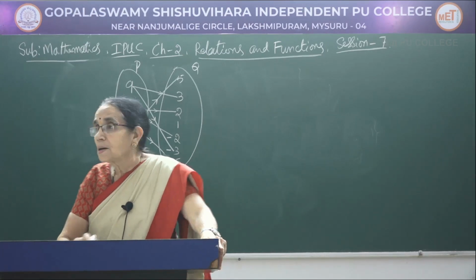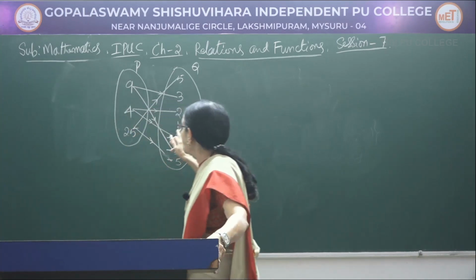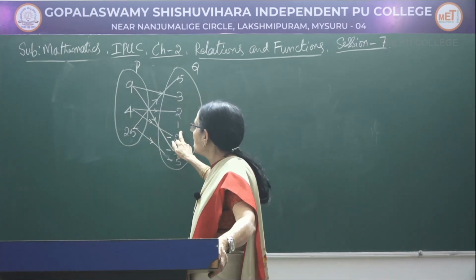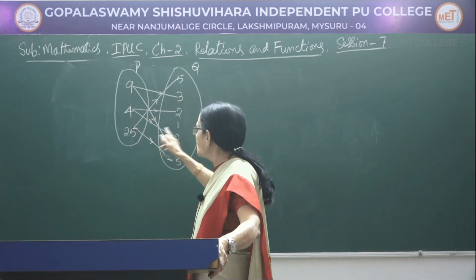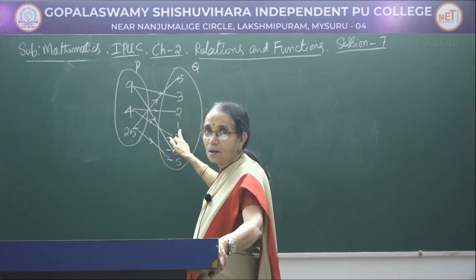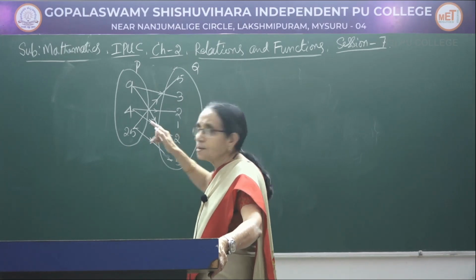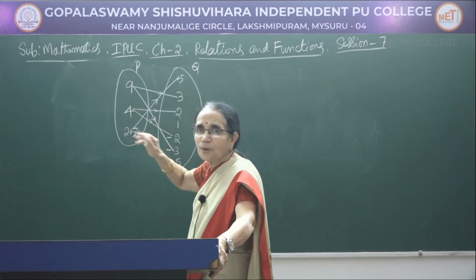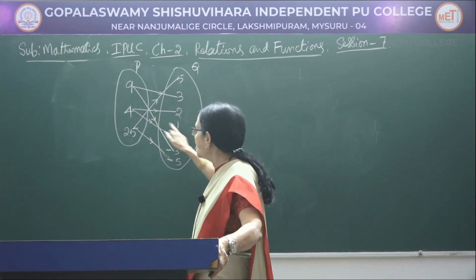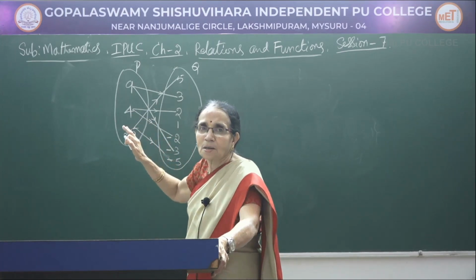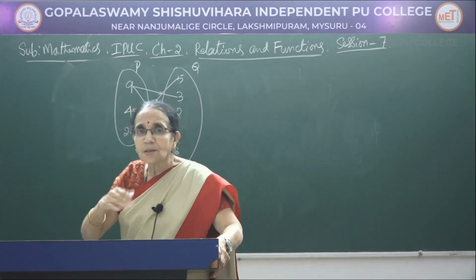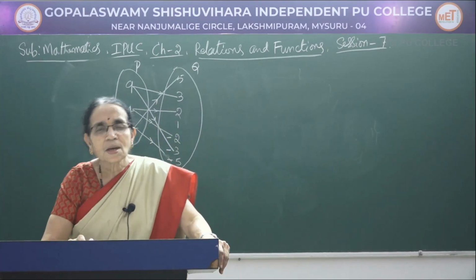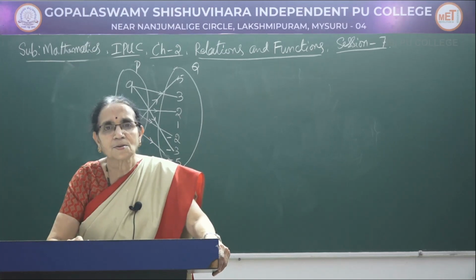Now, here you observe this number 1, it has not been associated with any number of the first set. Because if you take the square of that number, it is equal to 1, which is not present in the first set. So this 1 is not related to any element of the first set. That is why I told you, if the relation is defined already, it is easier for you to write the elements here.